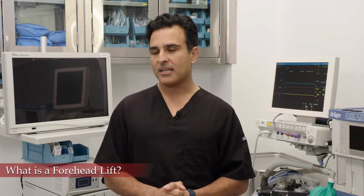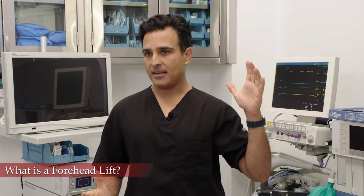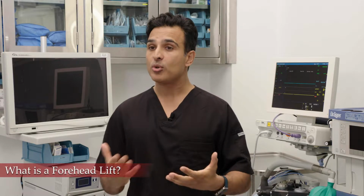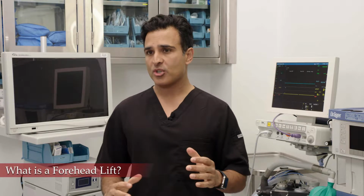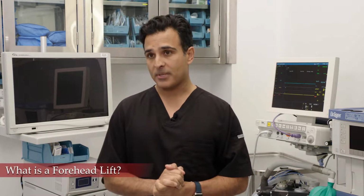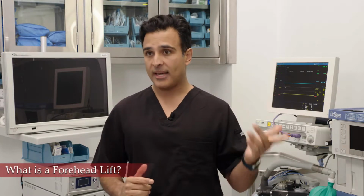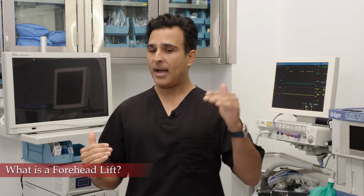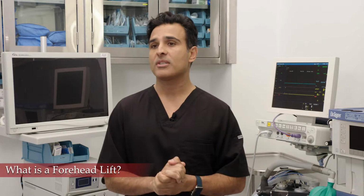A forehead lift is correction of tissues that have descended and started to come down and block the beauty of the eye area. So a forehead lift involves repositioning of the tissues of the forehead in a more natural position. There's a lot of nuances to this, so depending on where the hairline is, depending on how thick the tissue is, depending on how much of the eyelids are blocked, we have a variety of minimally invasive interventions such as